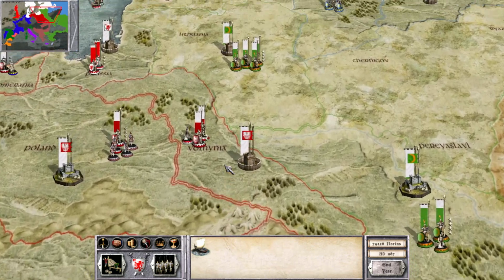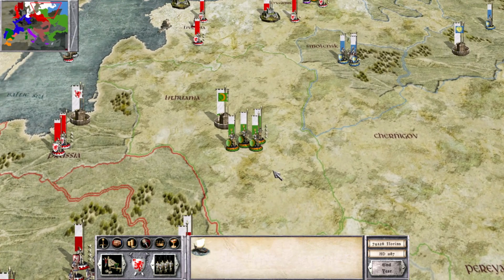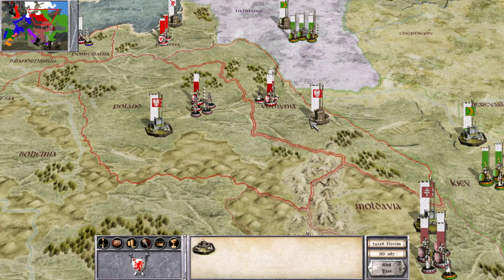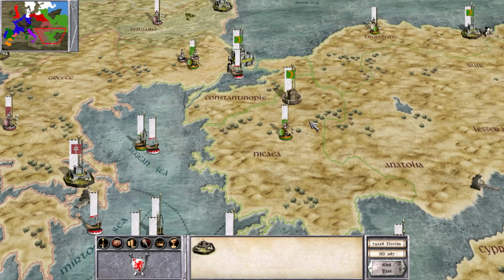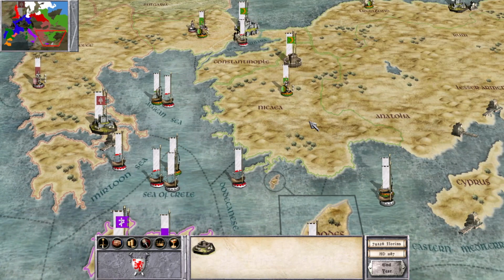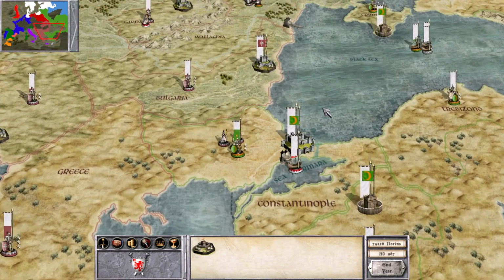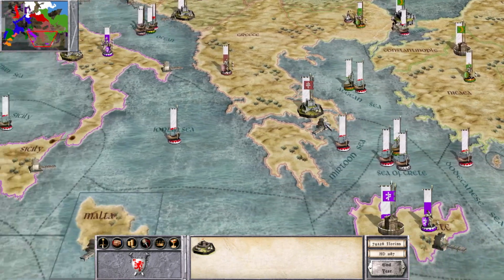Unlike the Hungarians, I share a border with the Turks. So I would not be able to get that auto ceasefire with the Turks if they decided to do that to me. I would have to go to war, and that would be a crappy war. It really would, not just because of the ports that they control that I'm trading with, but also because I would have to fight their boats, and